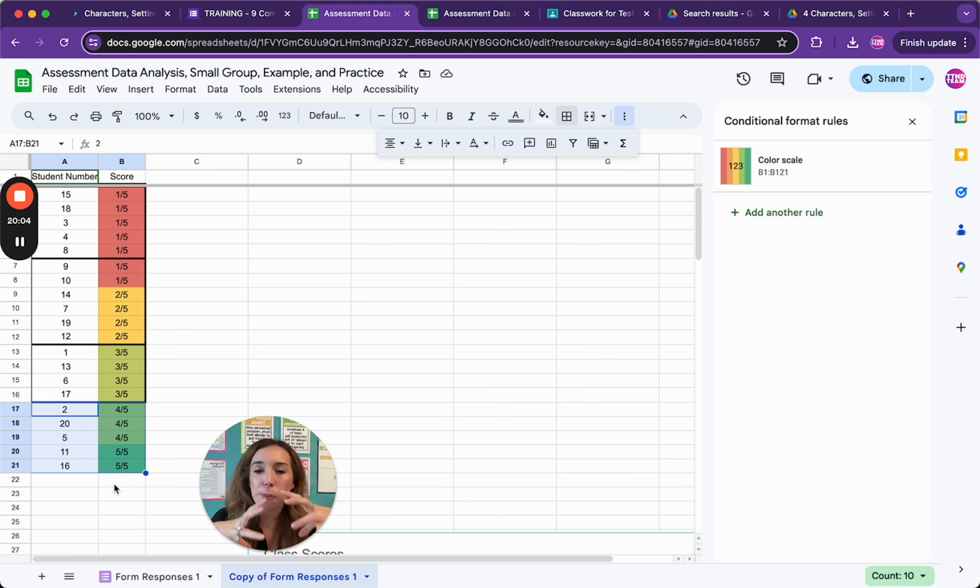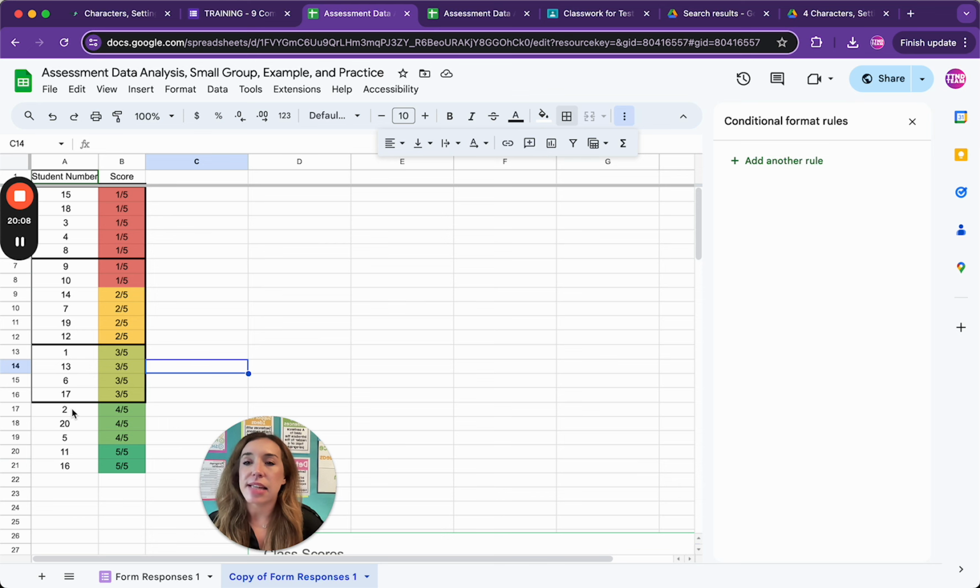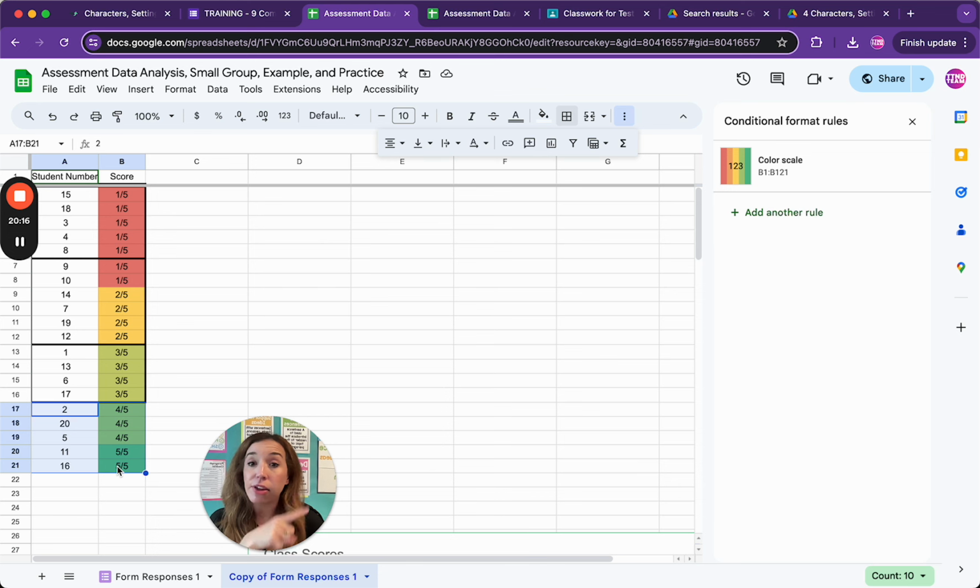So I'm going to group that group together. This is a group of 5 students. I'm going to select those cells. Again, select A17 right here, hold shift down, select this cell right here, which is B21, highlight them all together. I know that they're highlighted because they are blue, and I'm going to select the waffle button and put an